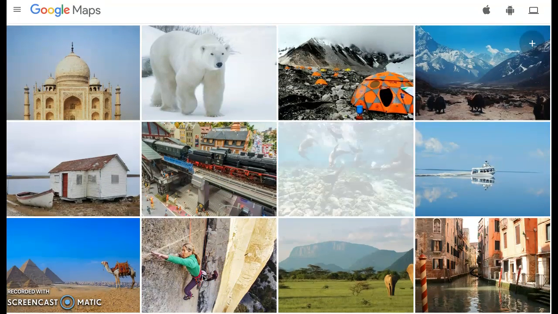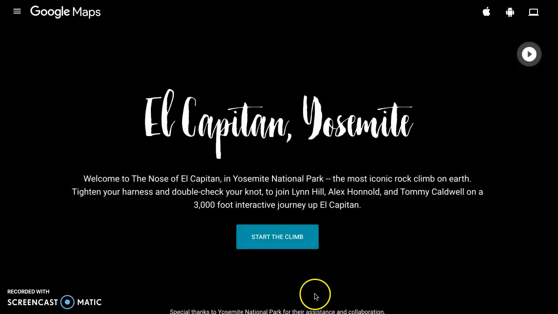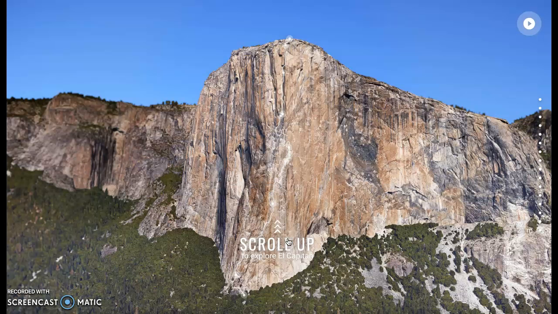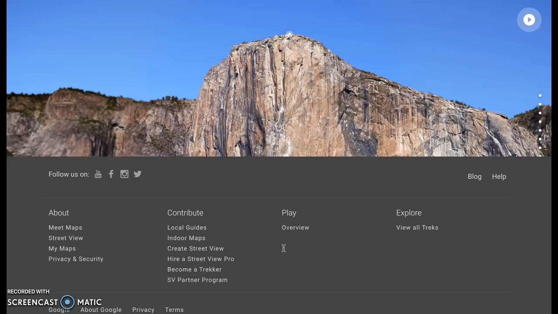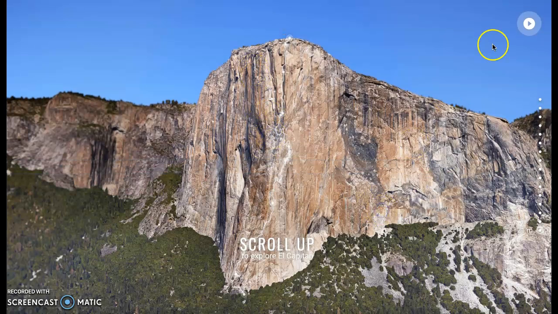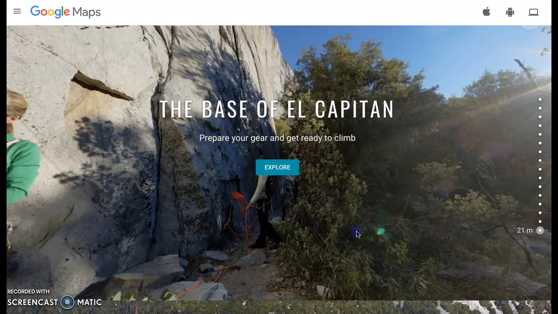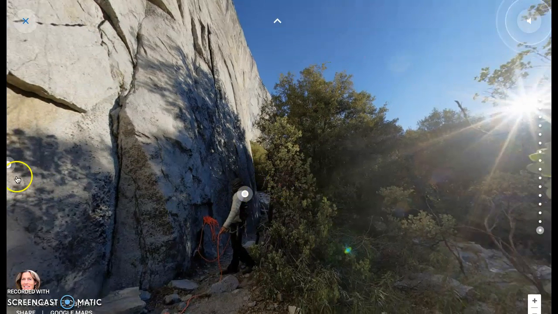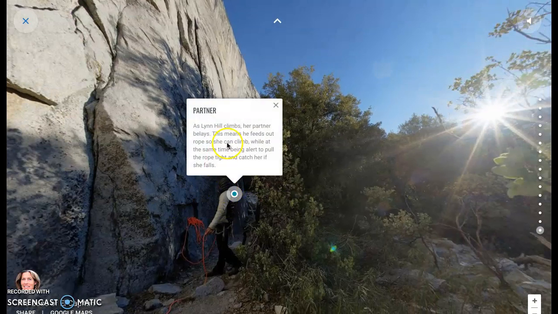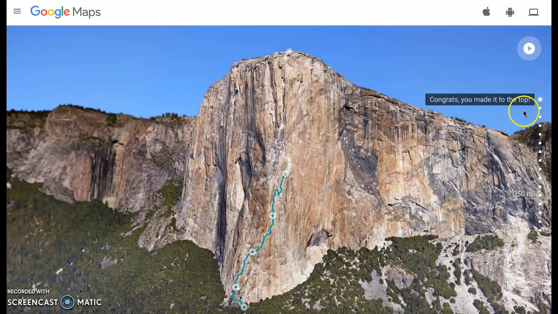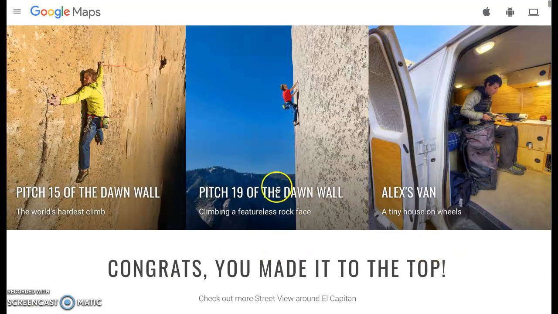So to start us off here, we'll just go to El Capitan in Yosemite National Park, and we're going to take the climb. And so they have a video with most of these, so you can watch the video and look at the video and kind of the surrounding areas. And then we can follow the climbers as we go through. You can kind of go all the way to the top,